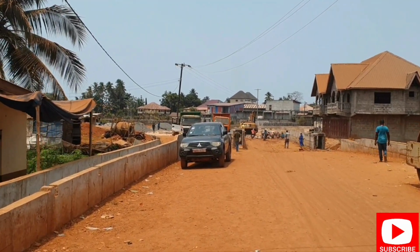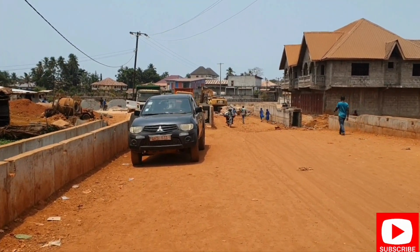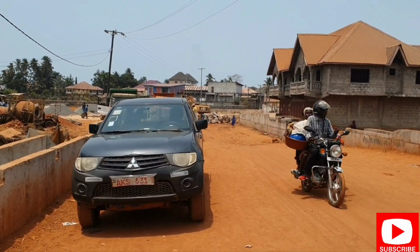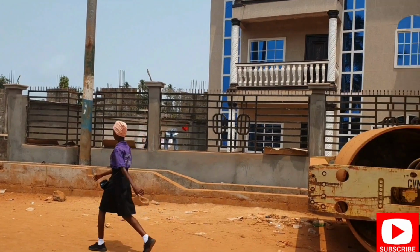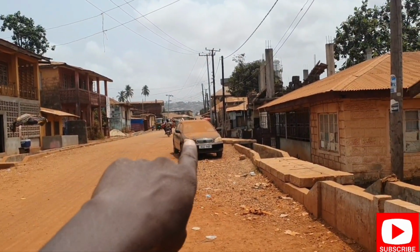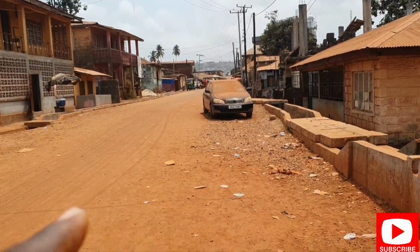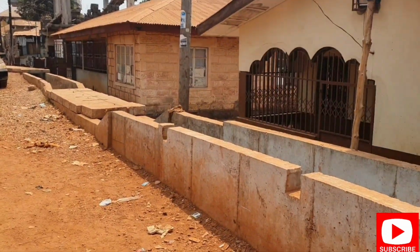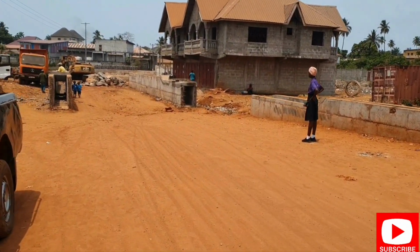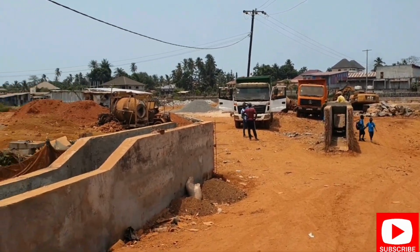And there is some sort of construction going on. Just to let you guys know, I think I forgot to mention it, but maybe you have noticed that the road is currently under construction, and it has been paved all the way. I think somewhere around there is exactly where the pavement stops, right there as you are seeing it. But this section is yet to be paved, and you can already see that the drainages are in place, although they have not been completed yet, and some are still under construction,